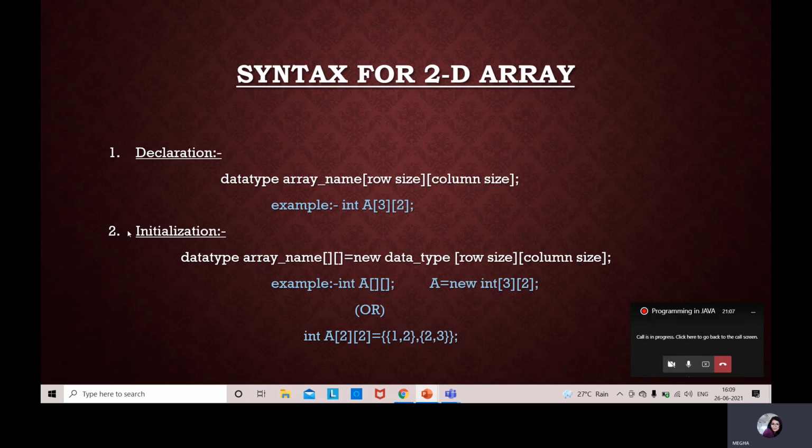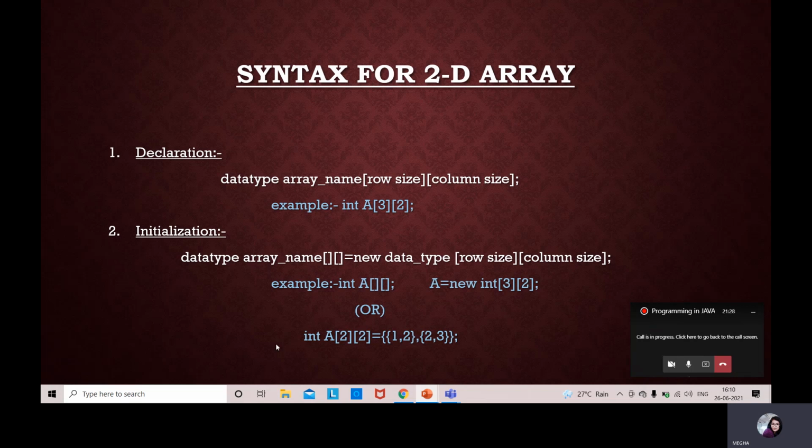Similarly for initialization, first we declare int a, a two-dimensional array. After that, a is initialized with a 2 cross 3 matrix form.